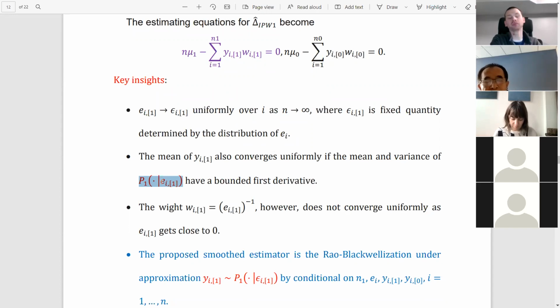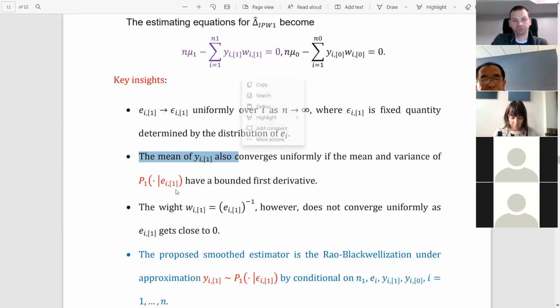If the mean and the variance of this outcome distribution have a bounded first derivative, then the mean of this will also converge uniformly. I think this is a safe assumption that the mean and variance of the outcome variable are smooth,